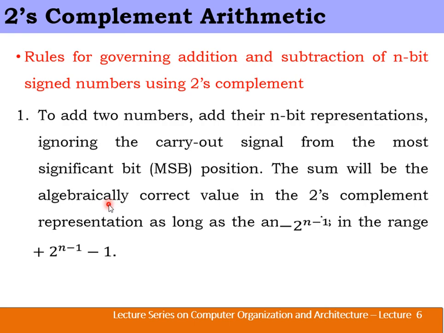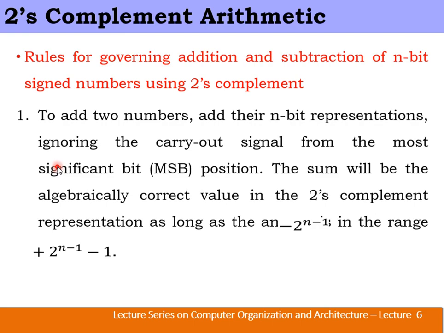Whenever we want to perform an addition operation, we are supposed to make use of this rule. So I repeat, the rule says that if you want to perform addition of two numbers, then you are supposed to take all the bits including a sign bit also. So perform addition of those two numbers. If at all a carry is generated from the MSB bit position, ignore that carry. So once that carry is ignored, ultimately the remaining sum is going to be a correct value. So this is rule 1